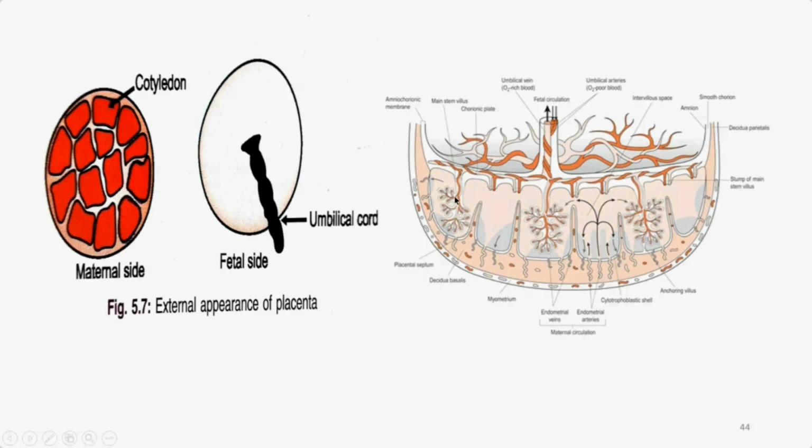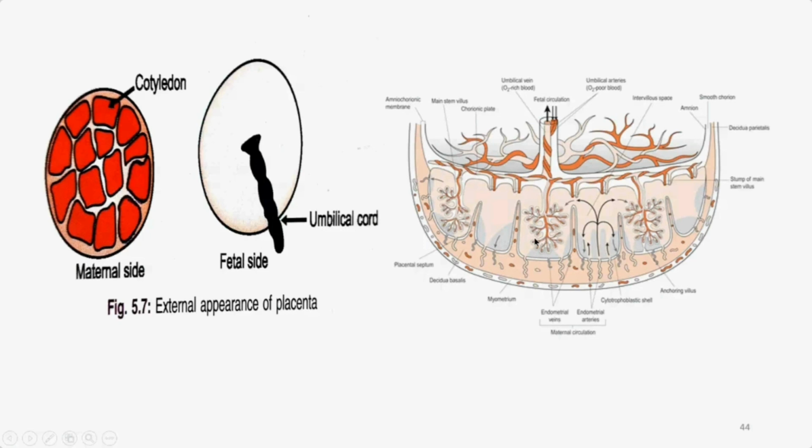And what happens once the villi is formed? There are side branches arising from the villi. The side branches are formed the same way as the primary villi, secondary villi, and tertiary villi. The space between the two villi is the lacunae. So the lacunae is almost filled with the villi. The villi grow as side branches from the tertiary villi and fill the intervillous space.